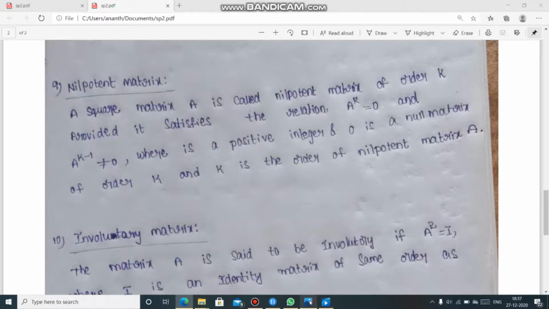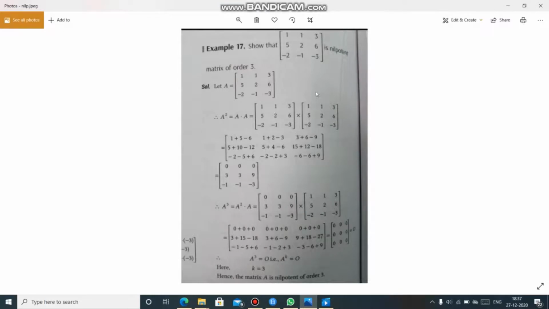So, example: show that the matrix is a nilpotent matrix of order 3. Given the order of the matrix is 3. So now we have to find the value A cube is equal to 0. Why? Because